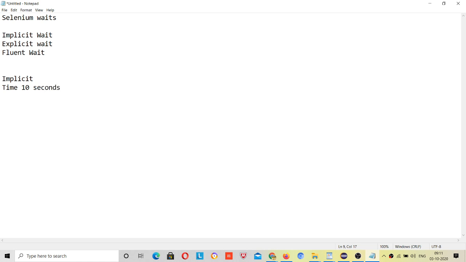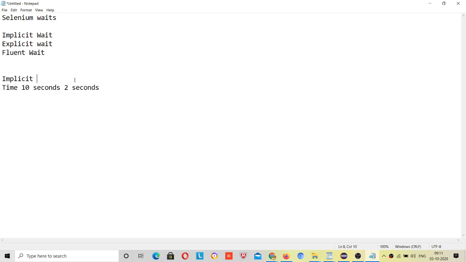But your script worked, suppose this data was loaded in 2 seconds, right? So implicit wait said that the maximum wait time for me is 2 seconds. Then although you have given 10 seconds, if the data is loaded in 2 seconds, then I will move forward. I will not wait for the whole 10 seconds, right? So this will be saving our 8 seconds, right? So implicit wait says this.